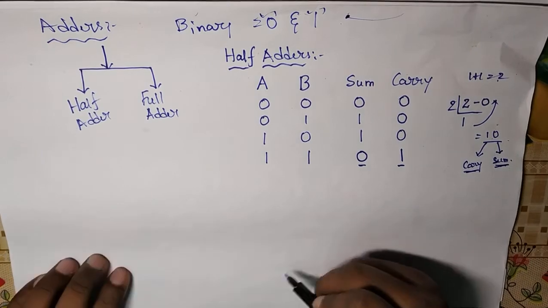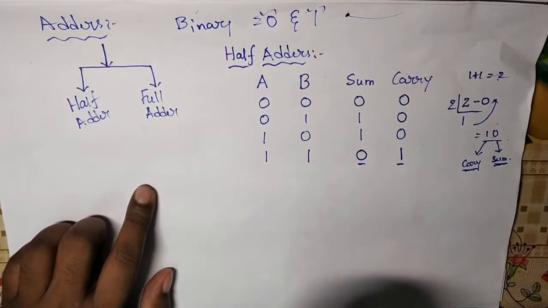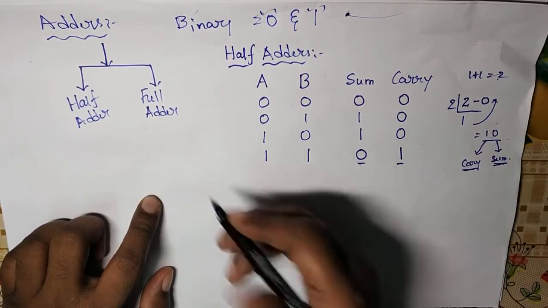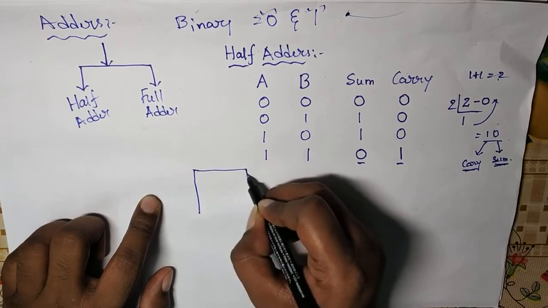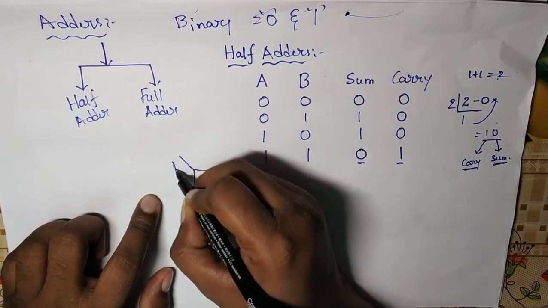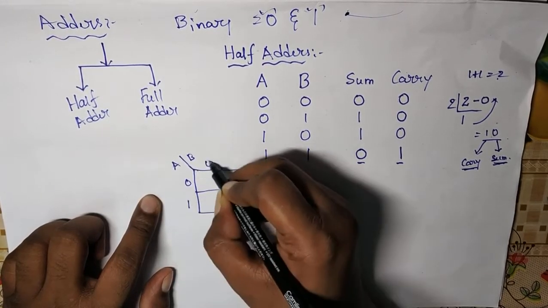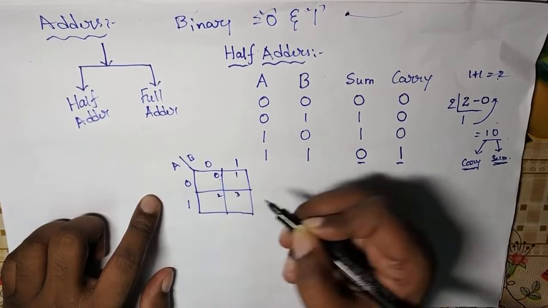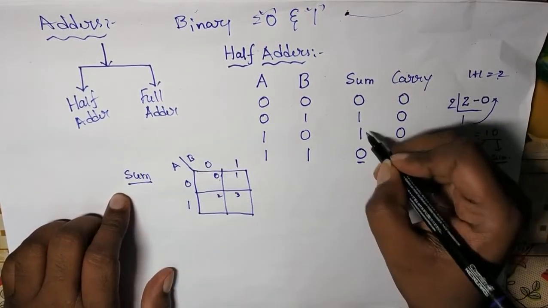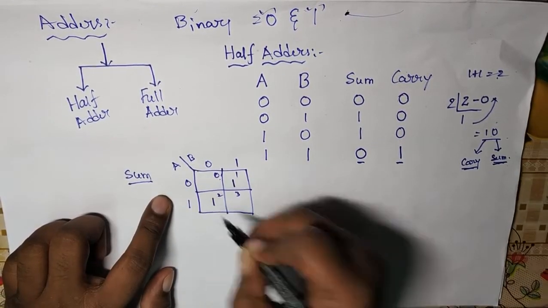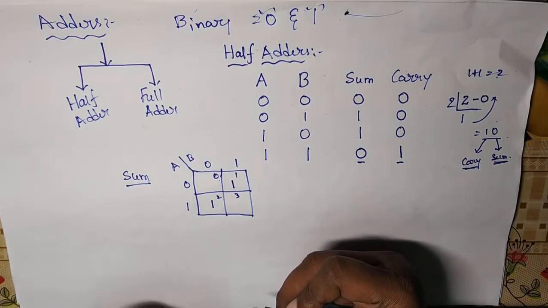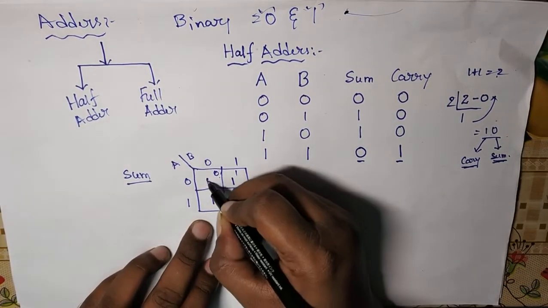Moreover, next, let us see how logical expressions can be derived for sum and carry by using a K-map. Since there are two inputs, I use a two variable K-map here with two inputs called A and B. From the K-map rule, the indices are 0, 1, 2, 3. So which values are 1 for sum? I am deriving for sum here. So it is 1 and 1. The maximum possible grouping will be 4 for a two variable map. There are no four ones in the cells. So this is a 0 value, this is a 0 value.